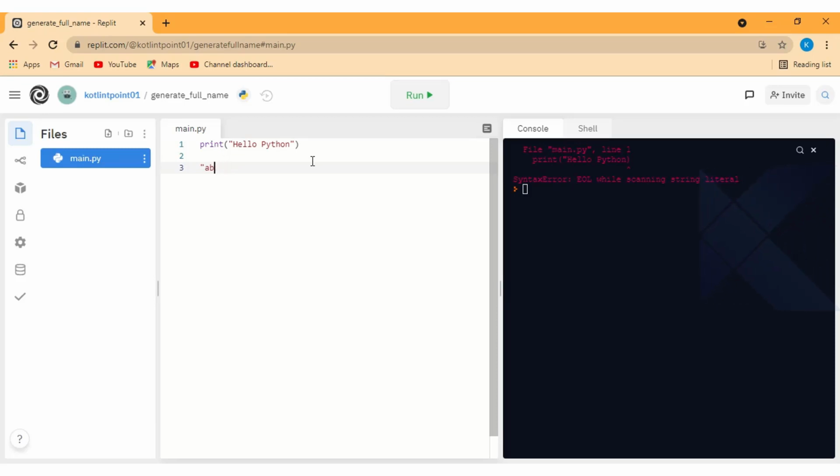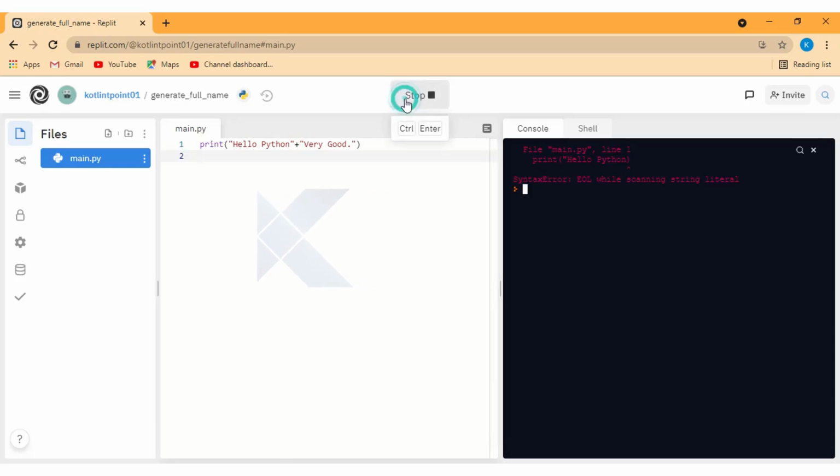Inside the print method we have hello world. With the hello world, if I want to print any other message, you can also write plus, then very good something. So this is how we have two strings right now. The first one is hello Python, and the second one is a very good string. We are concatenating two strings, merging them with the help of the plus operator. So if you run this code, you can see the two messages we have.